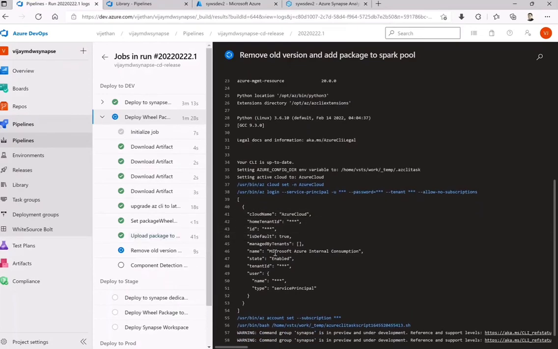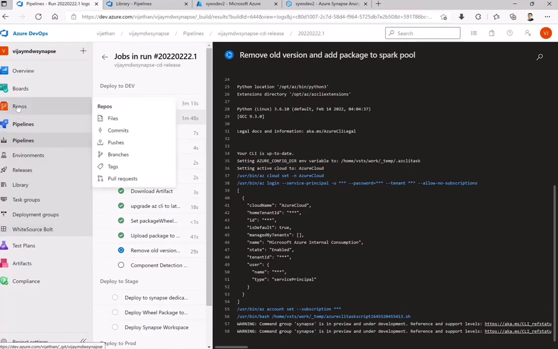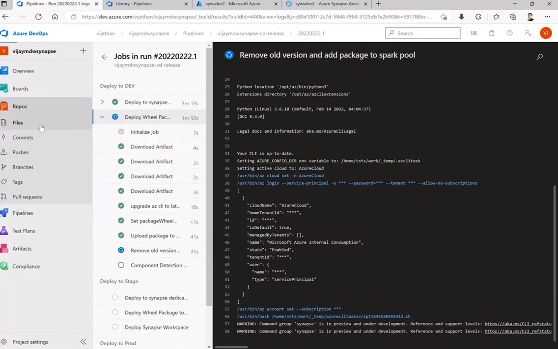I think this is required in all production environments. I have seen this in all modern data warehouse environments. That's the reason they have now put it in the CLI as well. Okay, so now this will take some time. So let's go and figure out what exactly was there in the CD release pipeline.